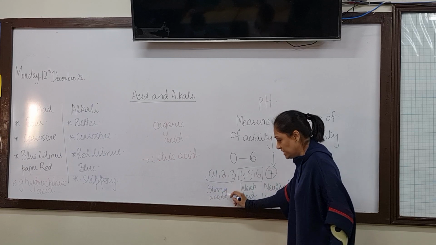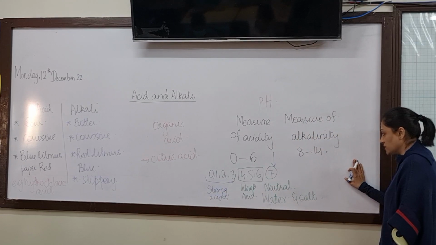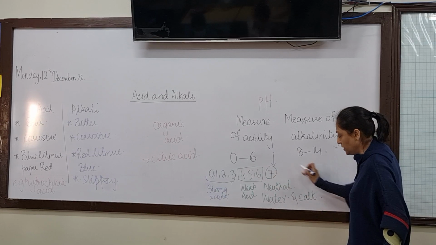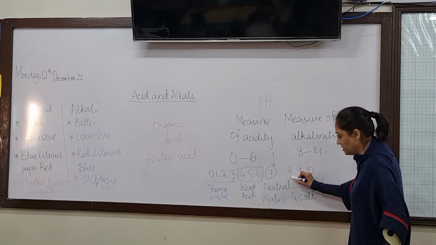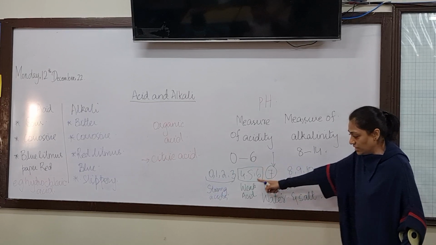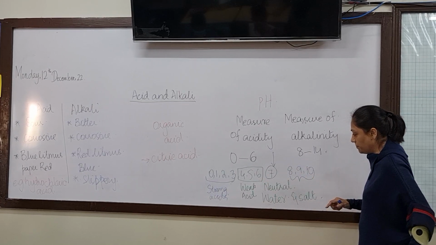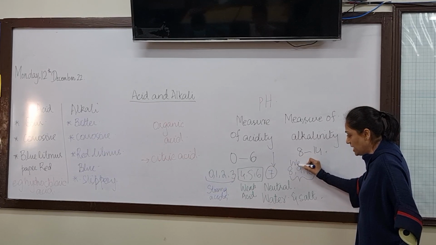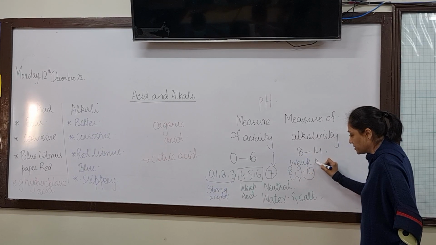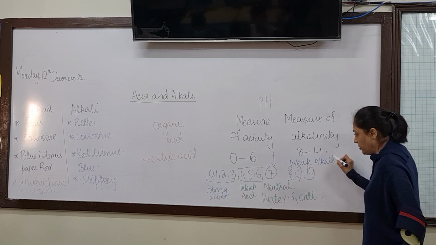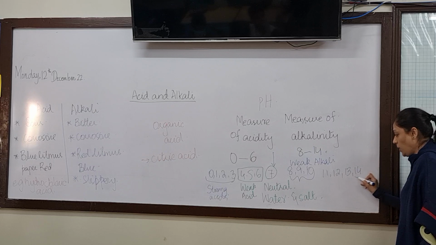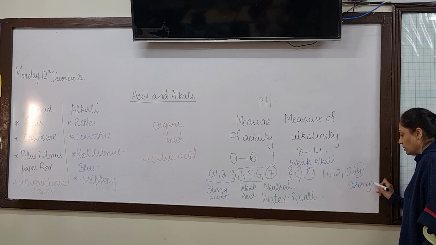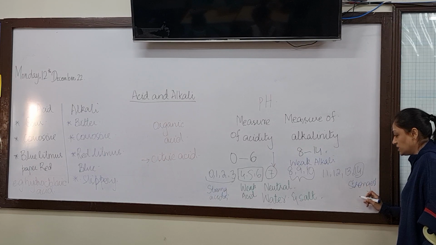Clear? And same goes with this alkali solutions. Those who are very near to the neutral one, for example, that is 8, 9 and 10, they are considered as the, if these are the weak acids, what do we call them? Weak. So these are the weak alkalis. And same goes with the rest, 11, 12, 13 and the 14. The 14 one is the strongest among all. The chemical that has the